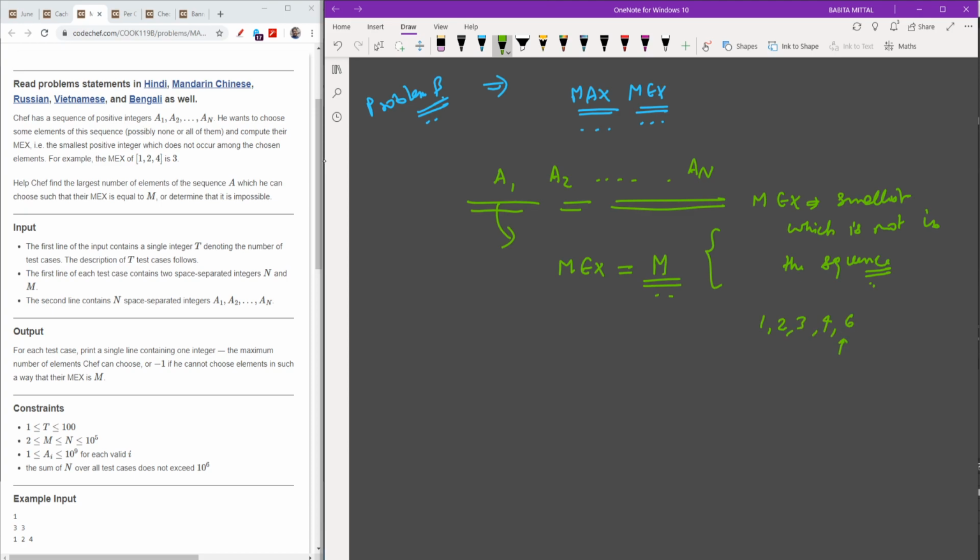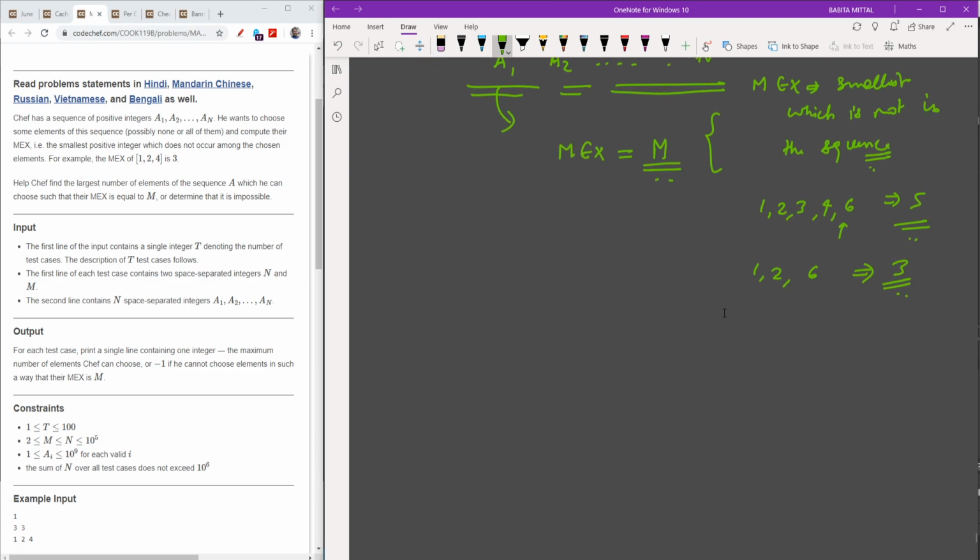The smallest value starting from 1 which is not available in this sequence is 5. So its MEX value is 5. Let's suppose I had 1, 2, 6. Then the smallest value which is not available in this sequence is 3. So its MEX value is 3. Okay, so I think I am clear with the MEX value.